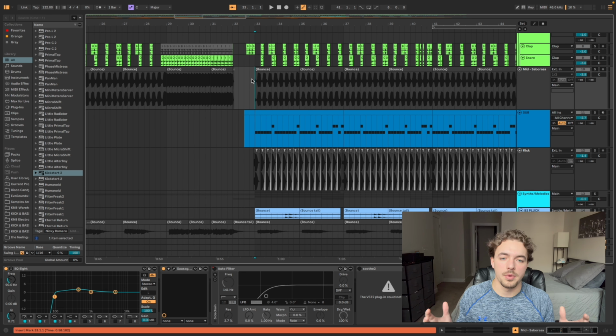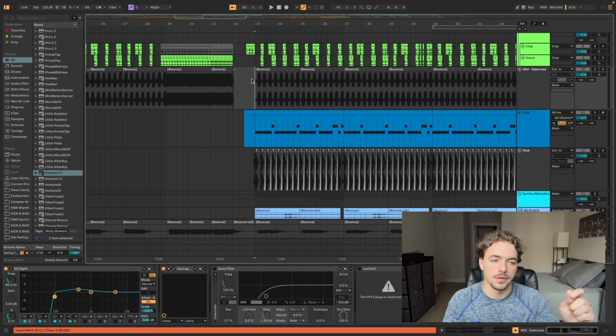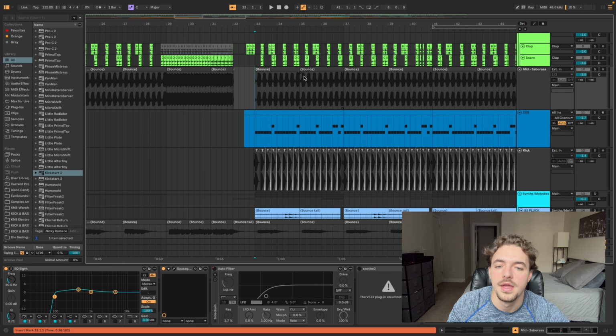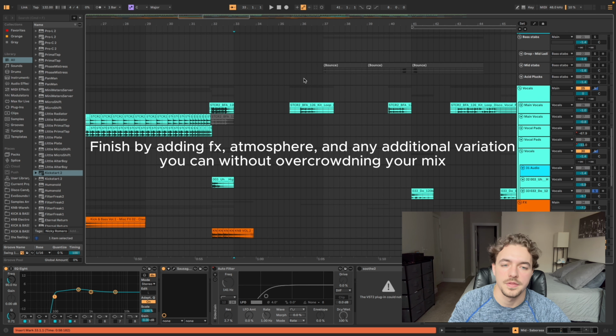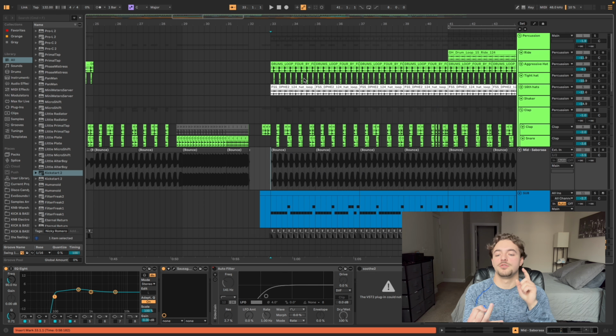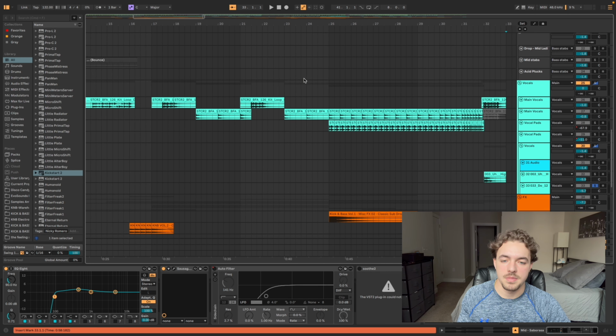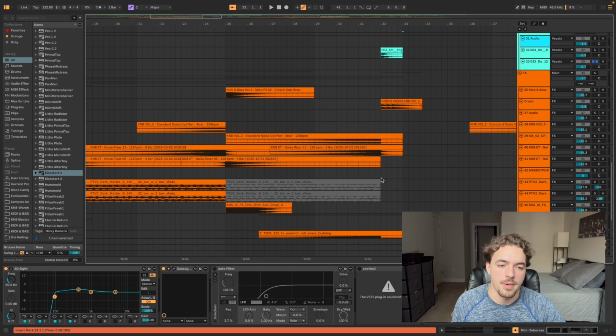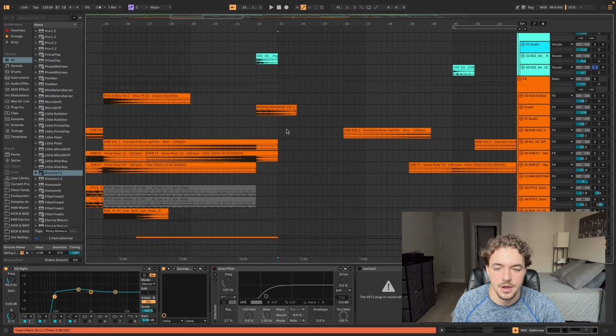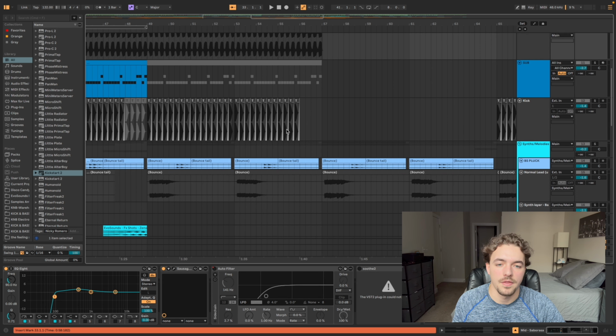So yeah, after you have all that built out, just make sure you're very intentional with each piece you're putting in. After that, do the top down, and then really just make sure to tie everything together with adding the effects and the atmosphere and accenting everything. So that's when you make sure you have variation in your drums, automation with your bass line, add some fills in there, maybe some stabs with the bass. Like I was talking about, I have the random bass accents, I have some extra vocals I use to accent the main vocal. I'll have random hits, like I have these clashes here, and then yeah, just piece everything together however you want.